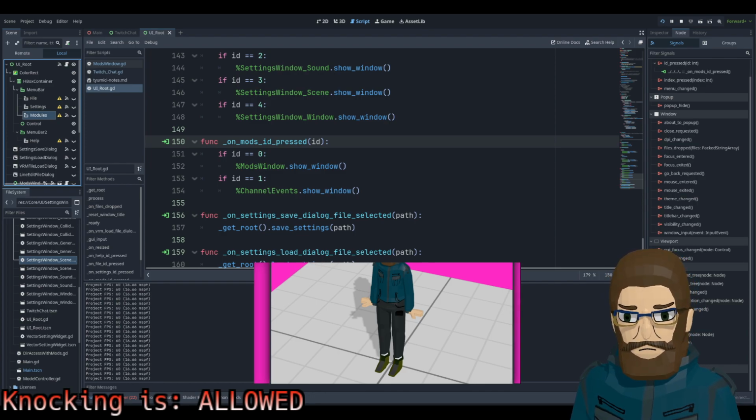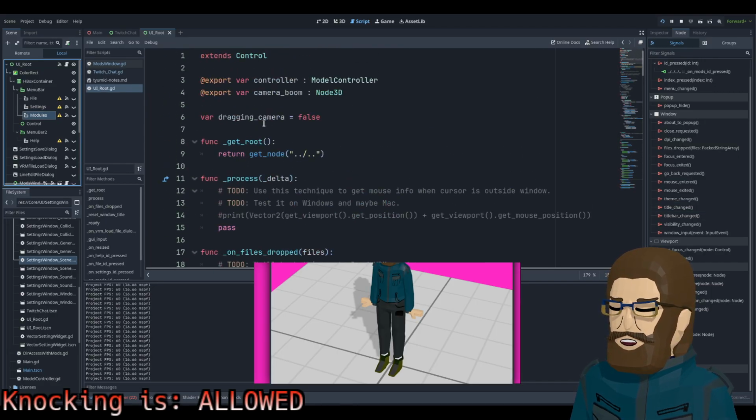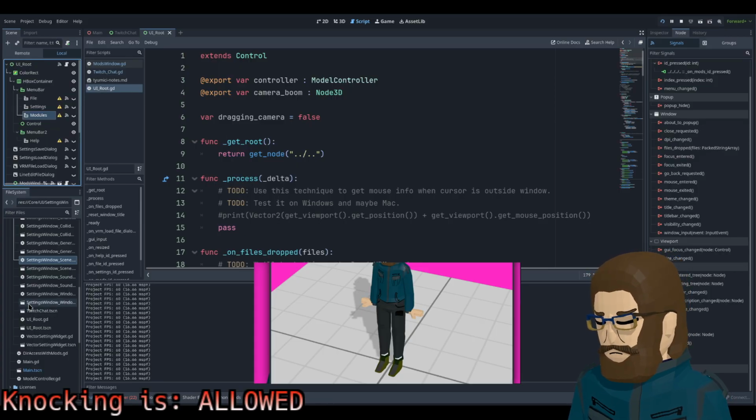Okay, yeah. So. UI root GD extends a control. I feel like I'm doing this a little out of order potentially.